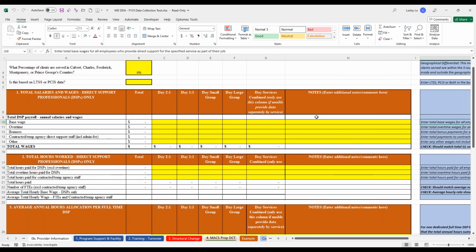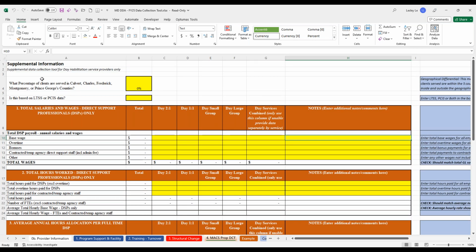In all of our tabs, we have a section to put in notes or comments on any questions or assumptions or any additional information you think would be helpful for us. We read all of the comments, and it's helpful to put context behind what the numbers you're sharing with us are. So we appreciate any additional details you're able to provide, or if you are unsure of how you bucketed something, putting the comment in there will be helpful for us as well.